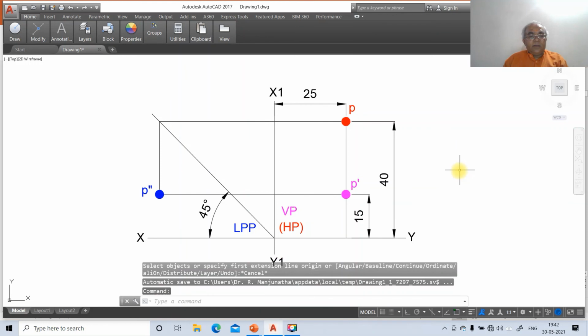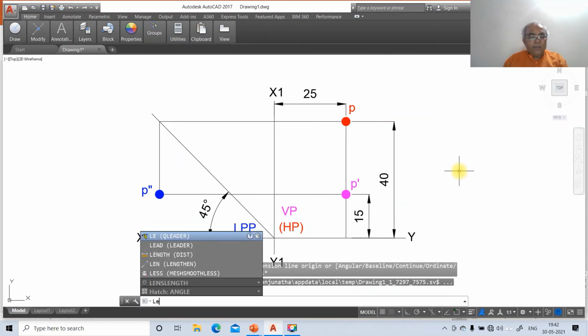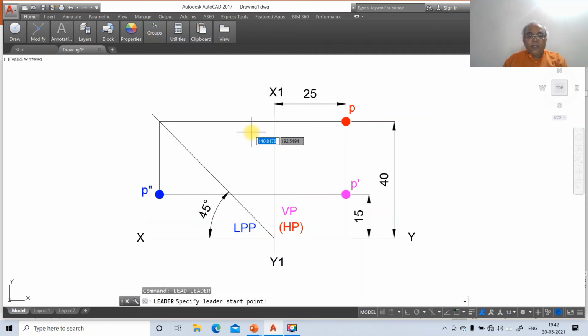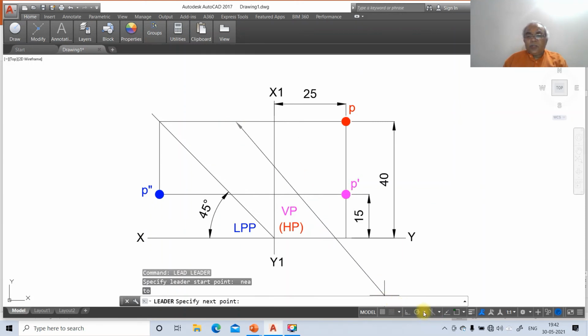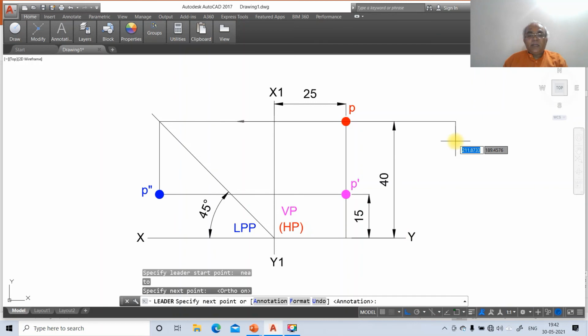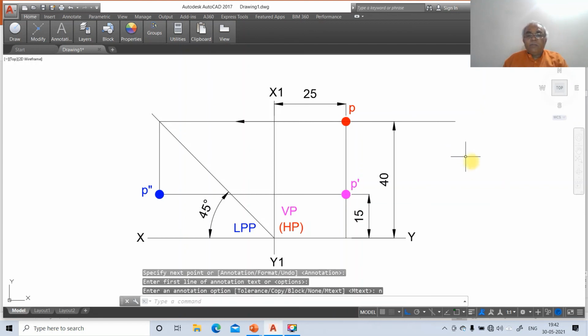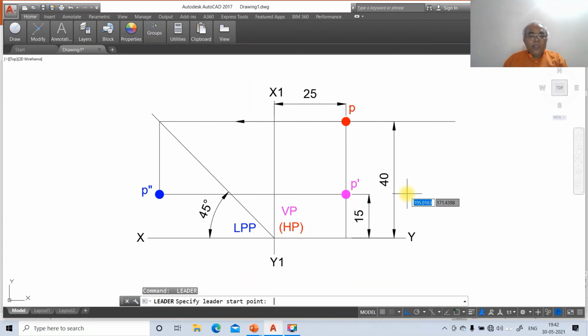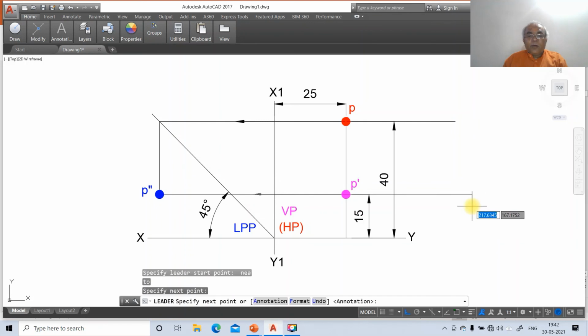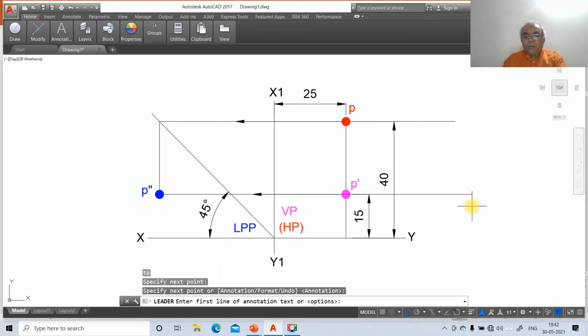Now you come out by escaping, then go to leader. So here start point, take nearest point on this, and switch on the ortho mode and drag it, annotation option none. Now again go to leader, go to nearest, annotation option none.